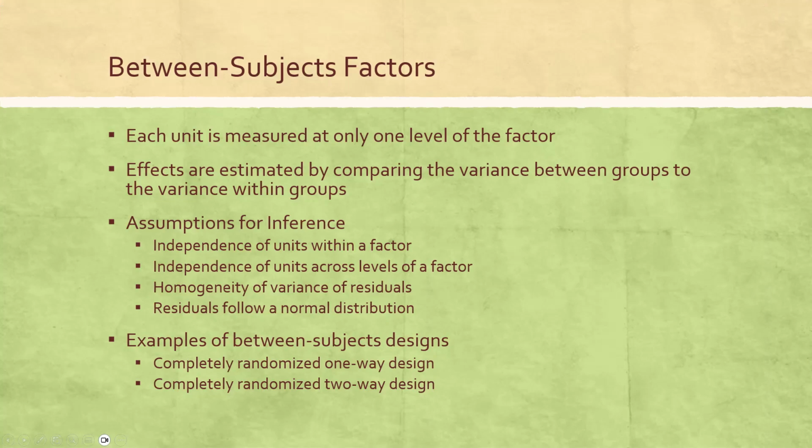So we need those 4 conditions in order to make valid inferences. What do we mean by valid inferences? We mean that when we set our probability levels for our rejection of the null hypothesis, that is our maximum type 1 error rate, that's actually the maximum type 1 error rate we're using, not some unknown value. If we do not meet the assumptions for valid inference, we could be rejecting more times or less times than we had anticipated when we set our type 1 error rate, and also when we set our confidence interval